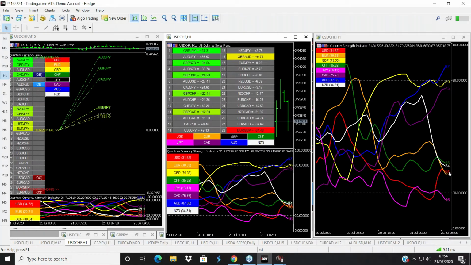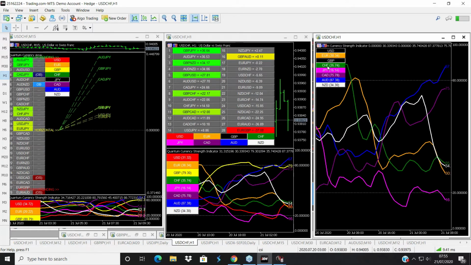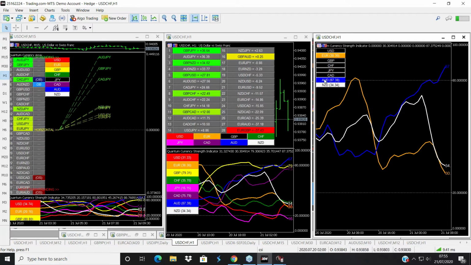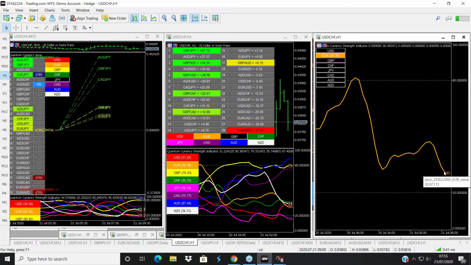But just very quickly about the euro. We can see here on the currency strength indicator, if I just take off all the currencies, this is the first indicator that we look at that tells us where the flow has been going into which currencies, and you can switch it on and off. As we can see here, this is the euro. It's been going up nicely, but it's had a fall. It tried to rise, and then it's going lower again.